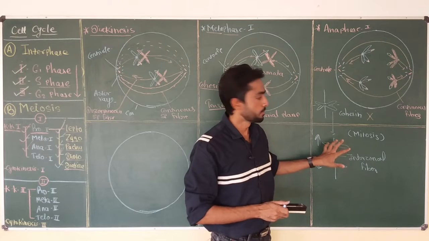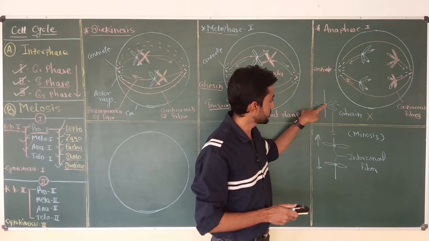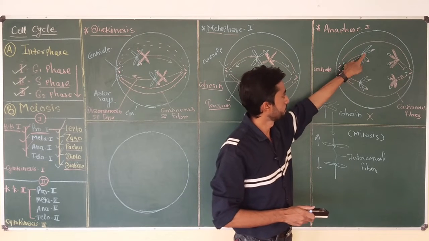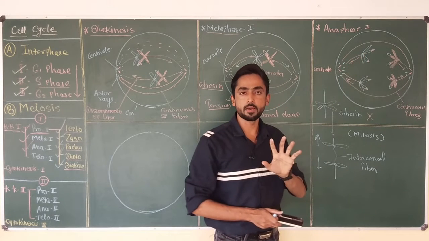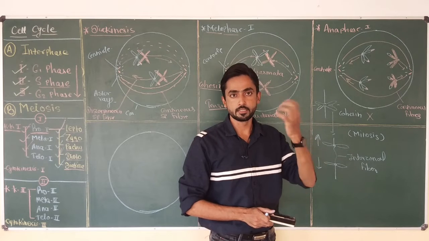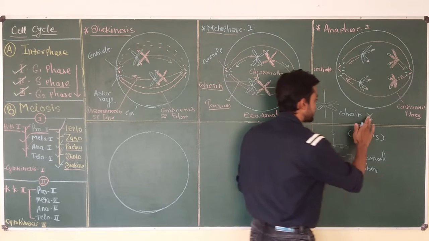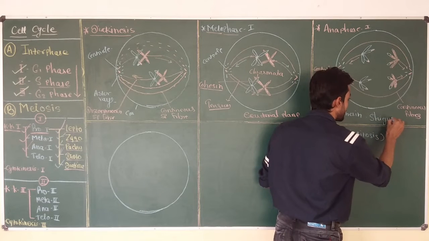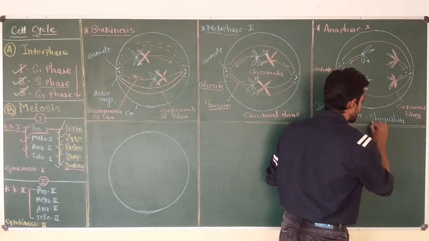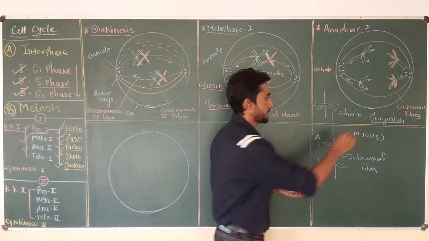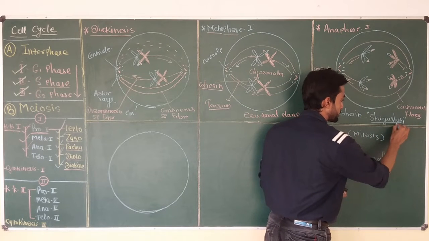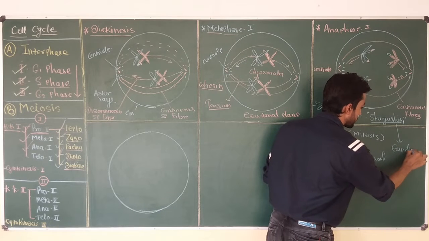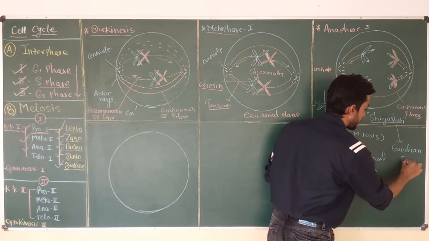Why is this absent? Because the cohesin which is present in the centromere of the chromosome is protected by another protein which is present in the germ cell, and that protein is shugoshin. Now this shugoshin protein is a Japanese word. The meaning of the word shugoshin is guardian spirit.